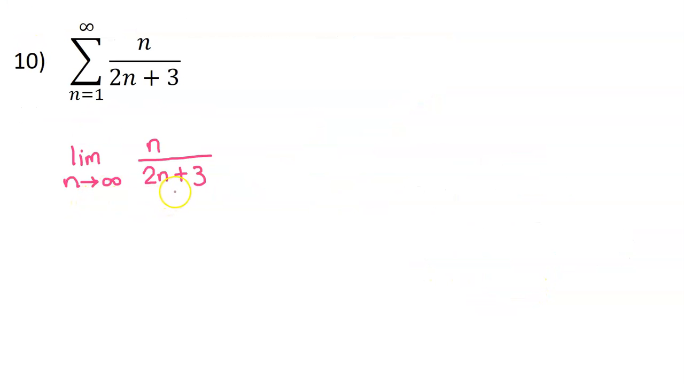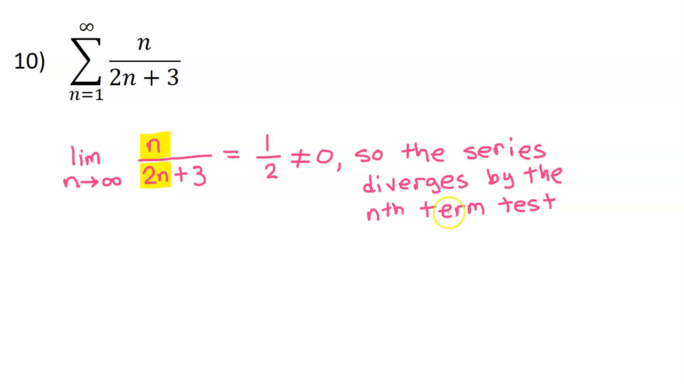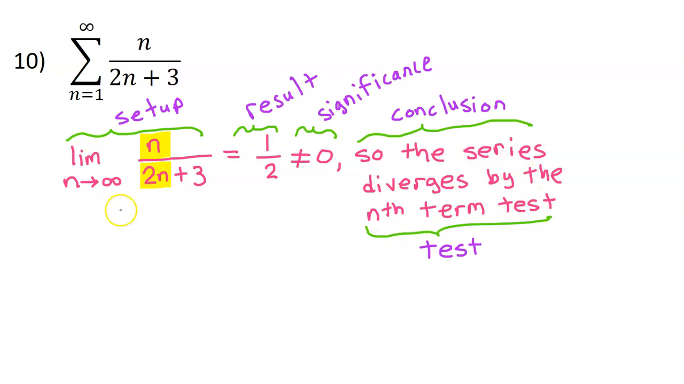For number 10, we will once again start by considering the limit of the rule as n approaches infinity. As n approaches infinity, the only terms that will matter are n over 2n. So for the limit, we will ignore this 3. But then the n's will cancel, and we end up with 1/2. So that's the limit. 1/2 is the result, but the significance is the limit does not equal 0. So the series diverges by the nth term test. For full credit, make sure your answer includes the setup, the result, the significance, the conclusion, and the name of